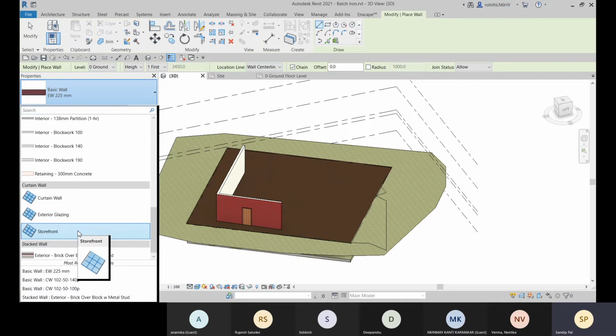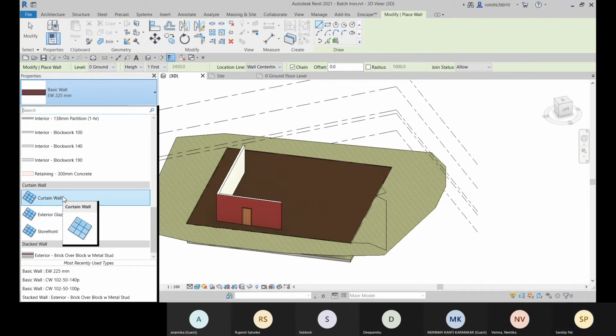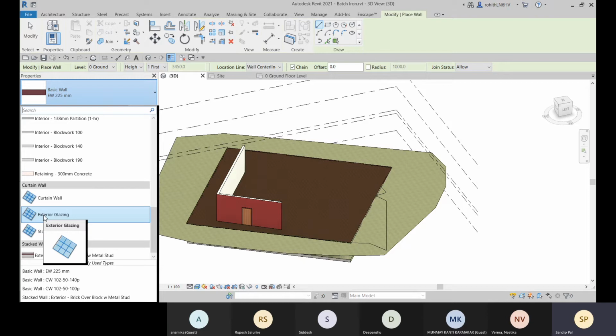So what is the meaning of these three types? With this curtain wall, you generally create a panel. Okay, and then with the exterior glazing, you create multiple panels, or else you can understand it like you are placing all the subdivisions, the grids.